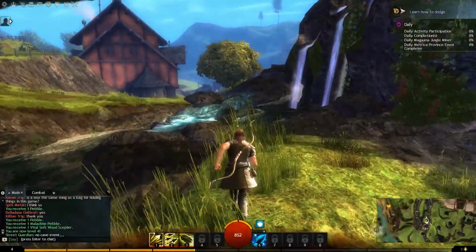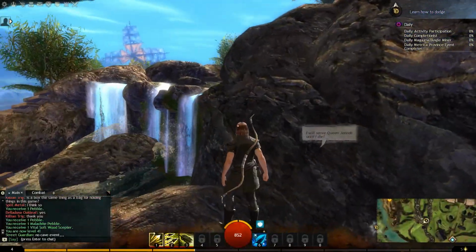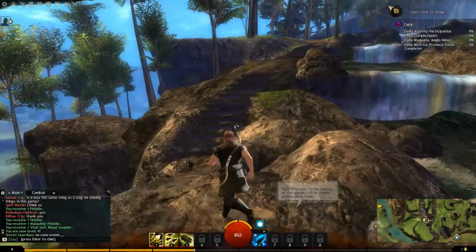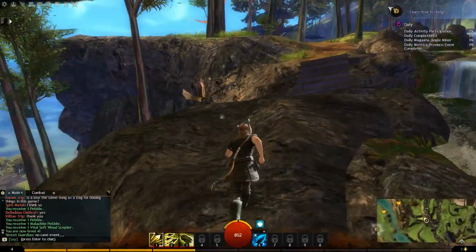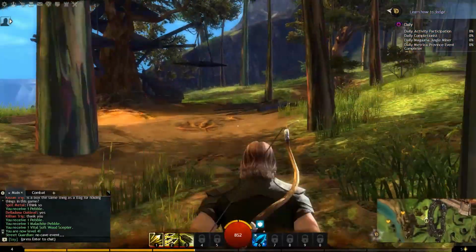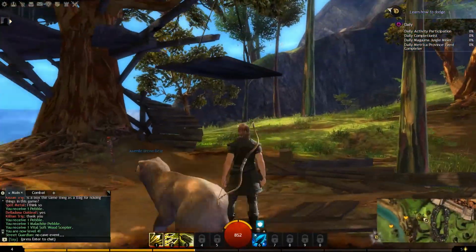Let's see, can I get up this way? I think this is one way you can get up here. Quit stepping on my... Yeah, here we go. So and of course there's all these little deals here. I guess I could be killing all this stuff just for the added XP from my XP boost, but I don't know. Again, for me it's part of the immersion. I don't like to